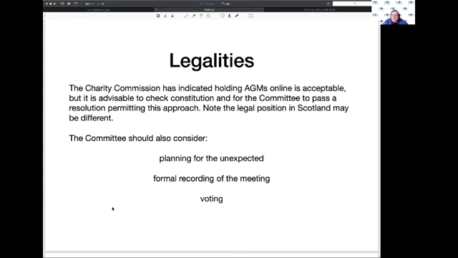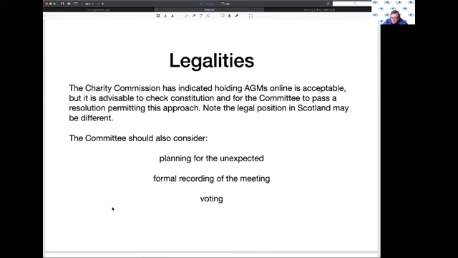Think about whether you want to take a recording of the meeting. Now, the reason for taking a recording is not because you want to spend the rest of the year looking at the recording and thinking we could have done that better or we could have done that worse. But it's more thinking about the needs of the person taking minutes of the meeting. And I'll come back to this again in a minute, but taking minutes of an online meeting is very different from taking minutes of a face-to-face meeting. And it may be that your minute secretary will be more than glad to have somewhere to refer to just to make sure they've got detail correct.